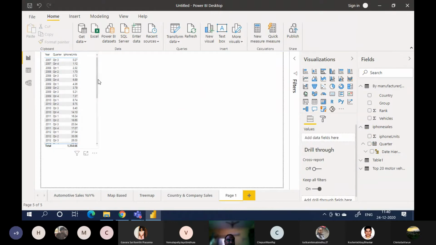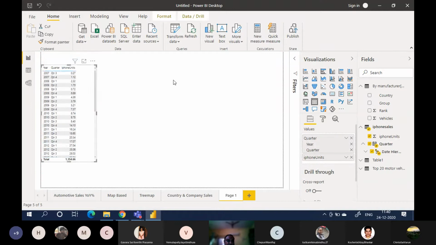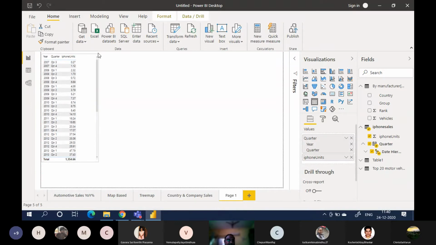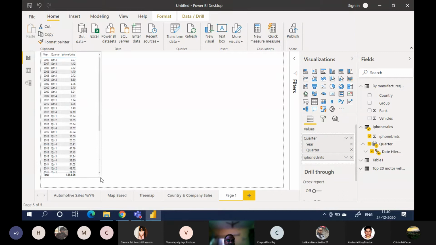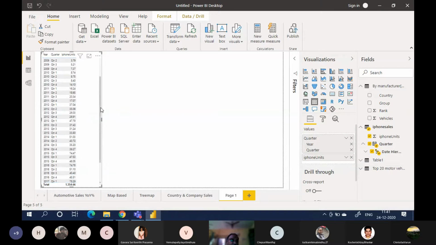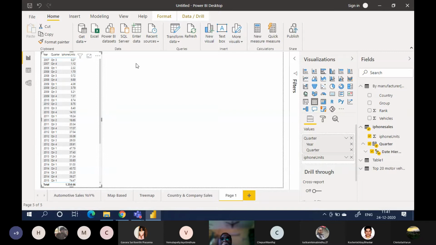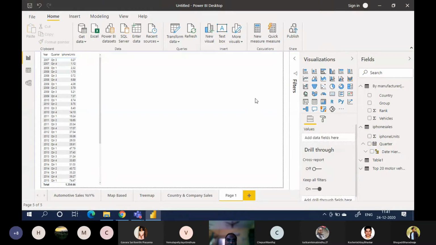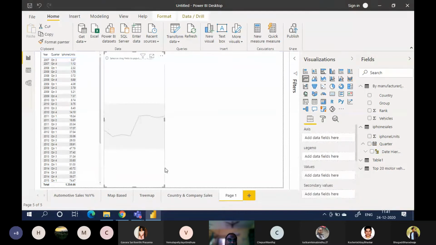Now show me which visualization will be good here. Guys, which visualization should I use for this? Sir, line graph. Okay, you want to use a line graph. All right, I'll put a line graph.